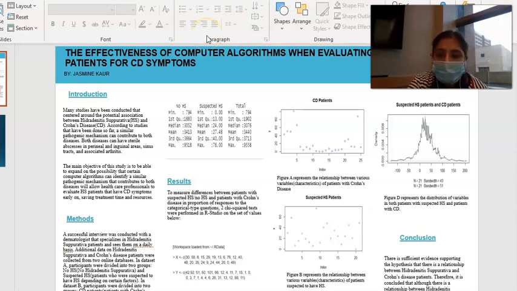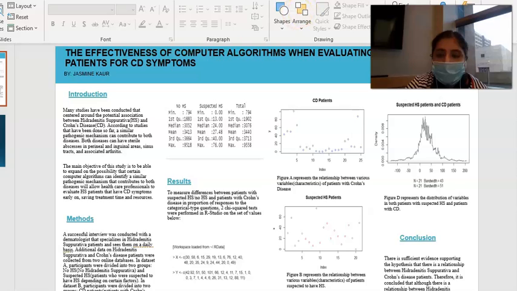I am a freshman at Georgia State University majoring in biomedical sciences. It's nice to meet everyone. And my research focuses on the effectiveness of computer algorithms when evaluating hidradenitis suppurativa patients, or HS, and Crohn's disease